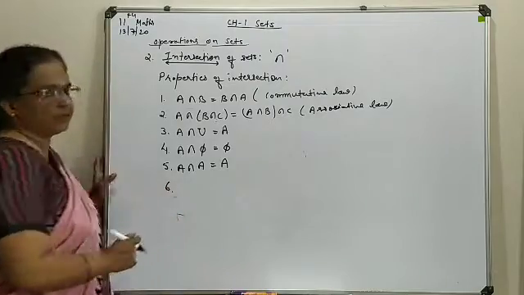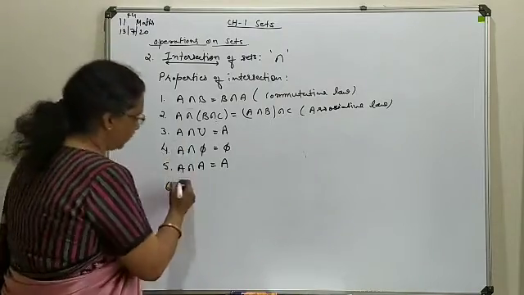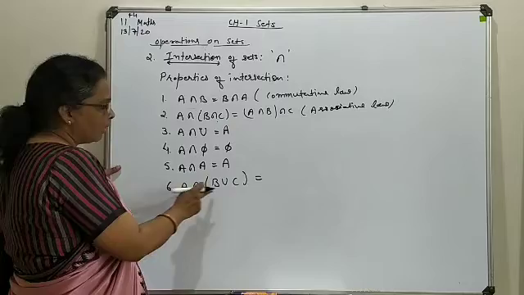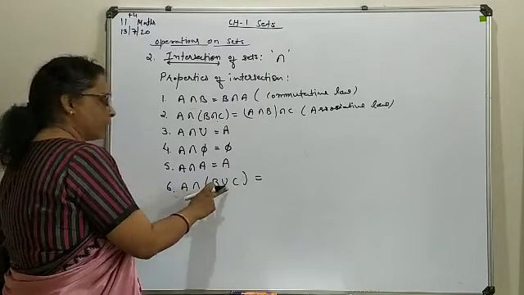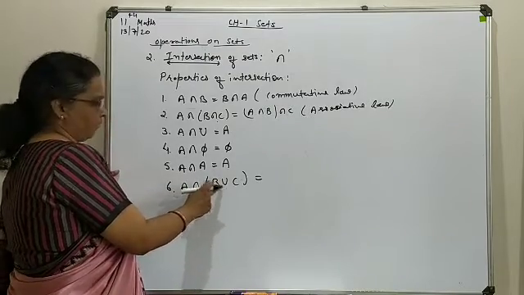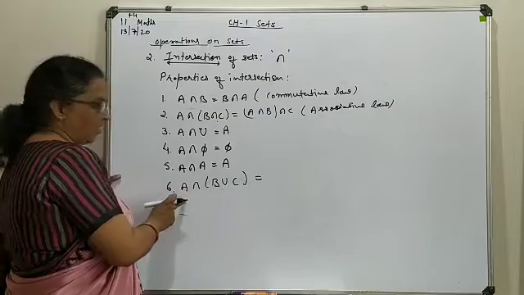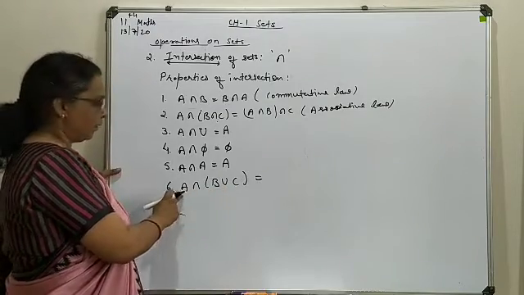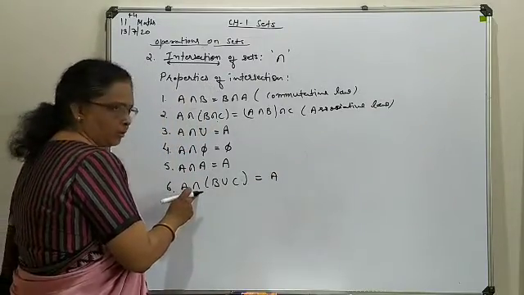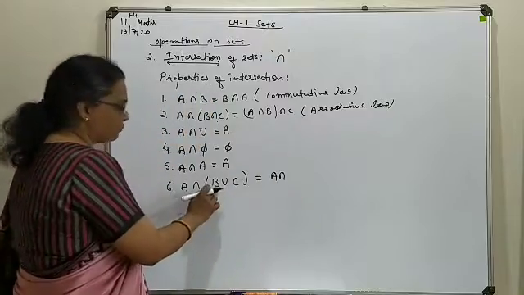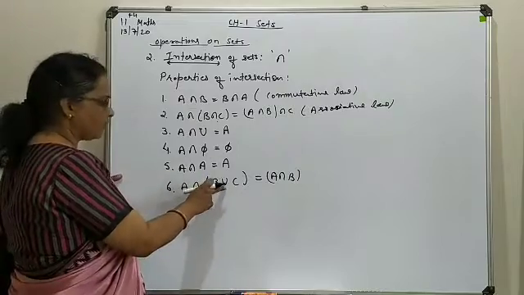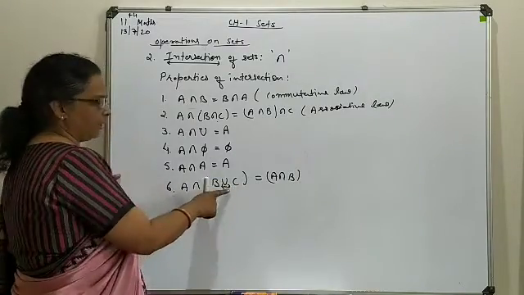Last and an important property is the distributive law. Distributive law means intersection and union, both we write in the same combination. These two signs can change their positions. This union can come here, this intersection can adjust over here. So if you expand this bracket, applying the distributive law, it can be written as A, in between whatever operation you make, write it over here first, then you write the second set. Close this bracket. Then in between whatever sign you write, that is a union.